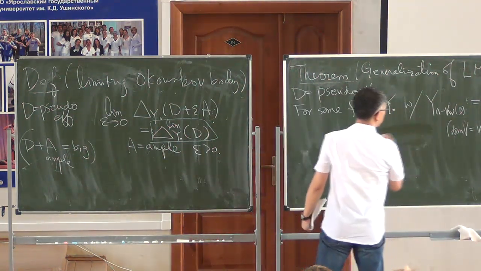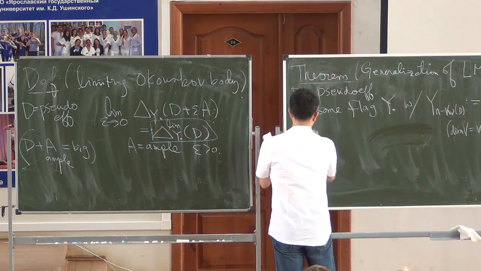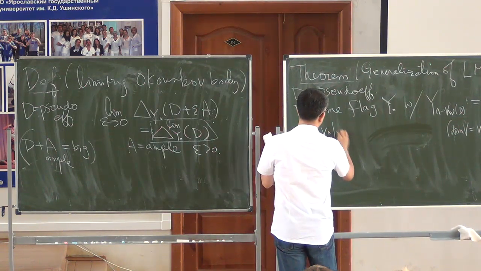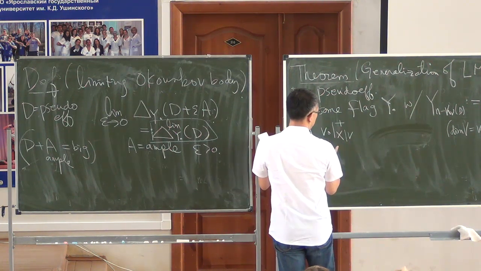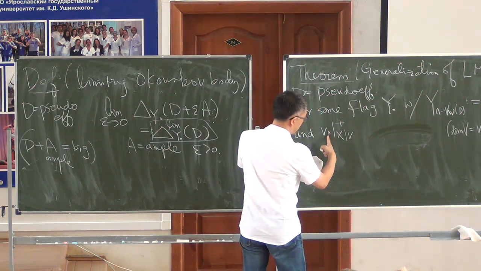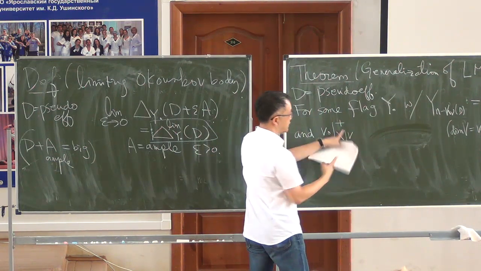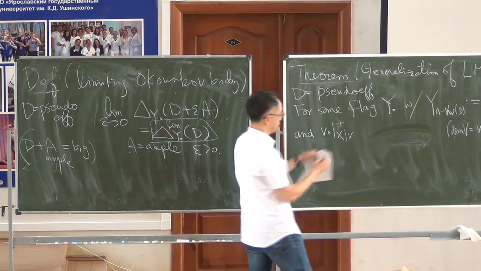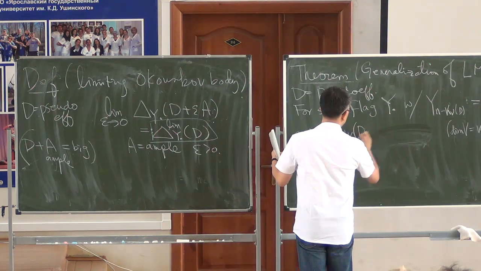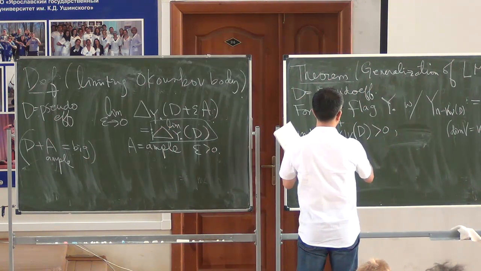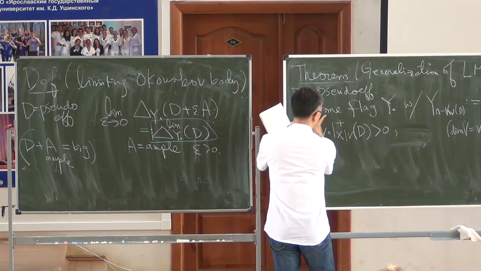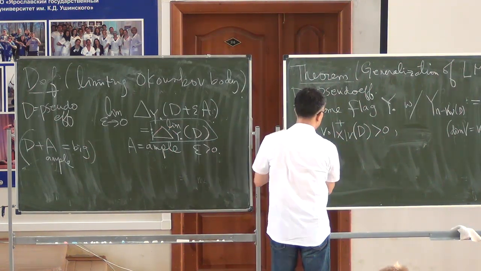For some flag, the volume of X restricted to V, and I will define what this restricted volume is. So you may have seen the volume of X restricted to V, but we have an extra plus sign here. So D is positive. So for some flag which satisfies this, then we have